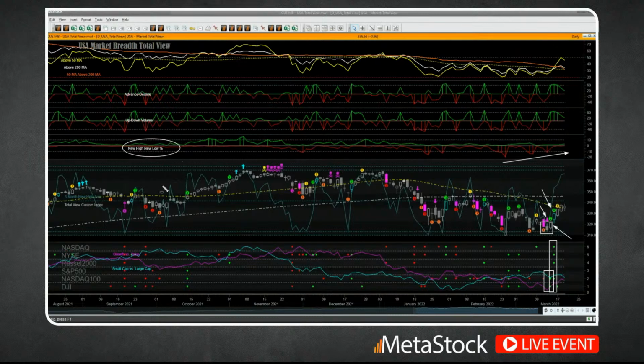Every color, every line, every arrow, every danger signal you see here, they are not on a stock. They are on the entire market, looking at the market from different angles. In this case, many different angles. Now, new high, new low percentage is another internal breadth indicator, and because they are internal indicators of breadth, they tend to be leading. In technical analysis, it's not easy to find leading indicators, but these are leading indicators. New high, new low was showing bullish divergence,